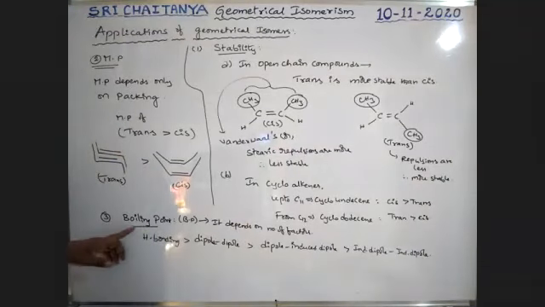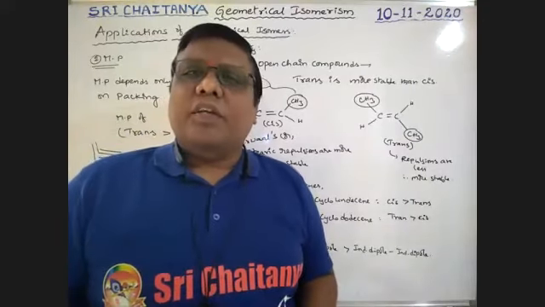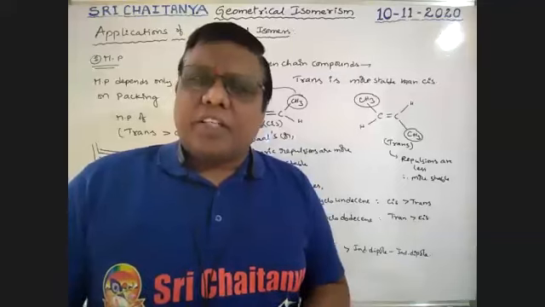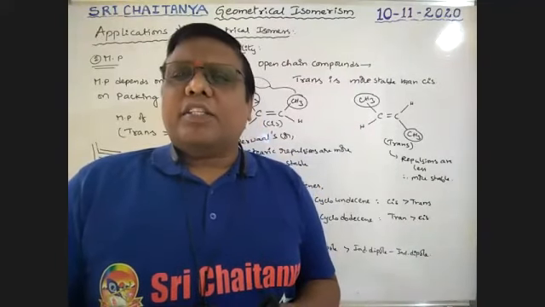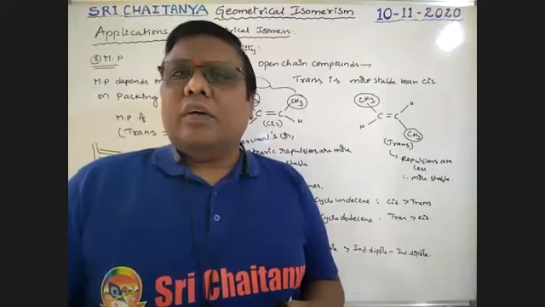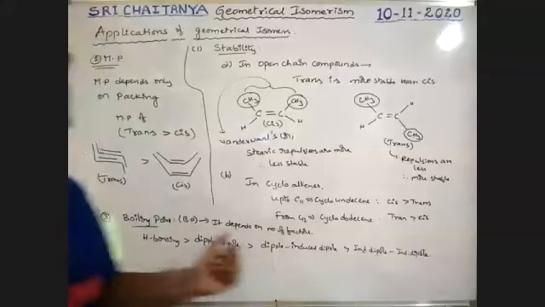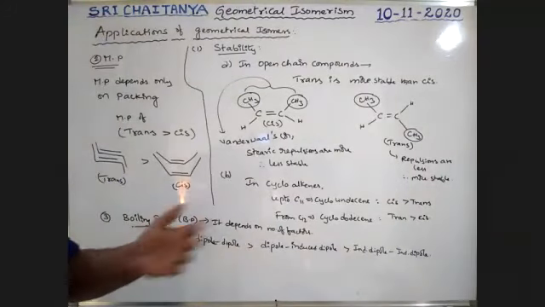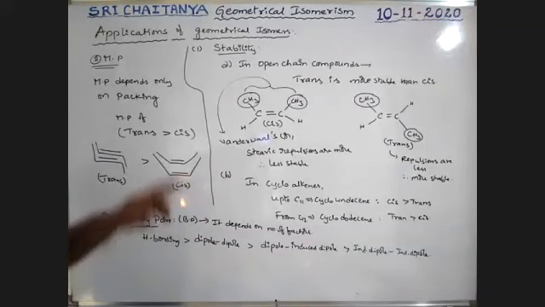Next, boiling point. Boiling point is vaporization, liquid to vapor condition. It mainly depends on a number of factors: hydrogen bonding, dipole interactions, induced dipole. All these are possible, boys. I will explain with particular examples where there is more boiling point, where less boiling point. We will discuss, boys. So melting point, no doubt, trans is greater than cis.